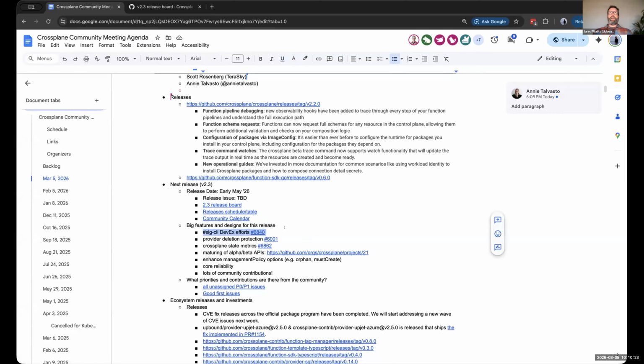The efforts from SIG CLI will be ramping up significantly now that we've got 2.2 shipped. And Adam has a full section on those details later on that we'll get into. So we'll talk about that later. We do have an open PR that did not land for 2.2 around